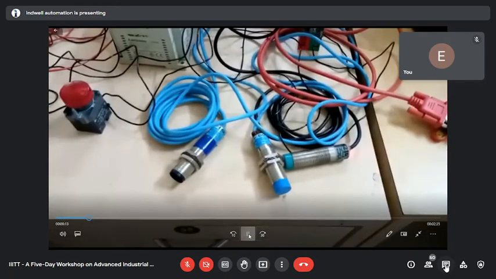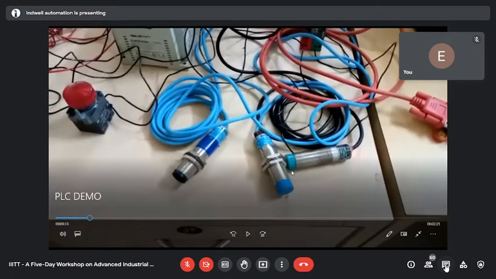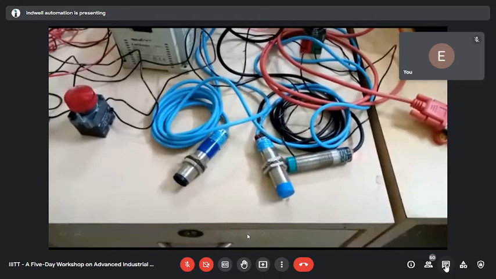Although this is my old video, so there I had connected three sensors. In my project today, I have connected two sensors: the photo sensor, the same sensor I have connected today, and this one, a proximity sensor, metal detector. So two sensors I have connected today.